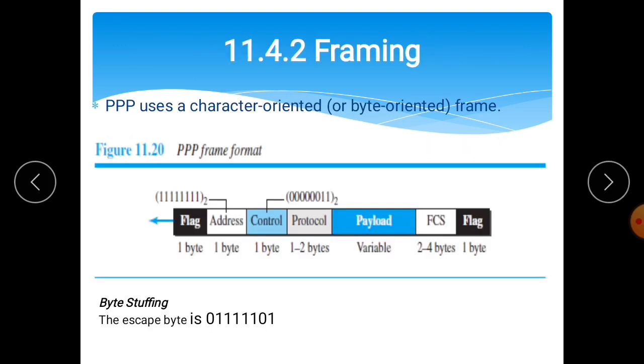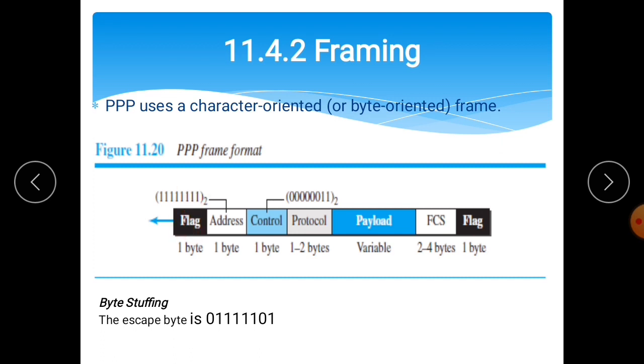This is the frame structure of the point-to-point protocol. PPP uses character-oriented or byte-oriented frames. The first field in this frame format is the flag. A PPP frame starts and ends with the bit pattern 0 1 1 1 1 1 1 0.